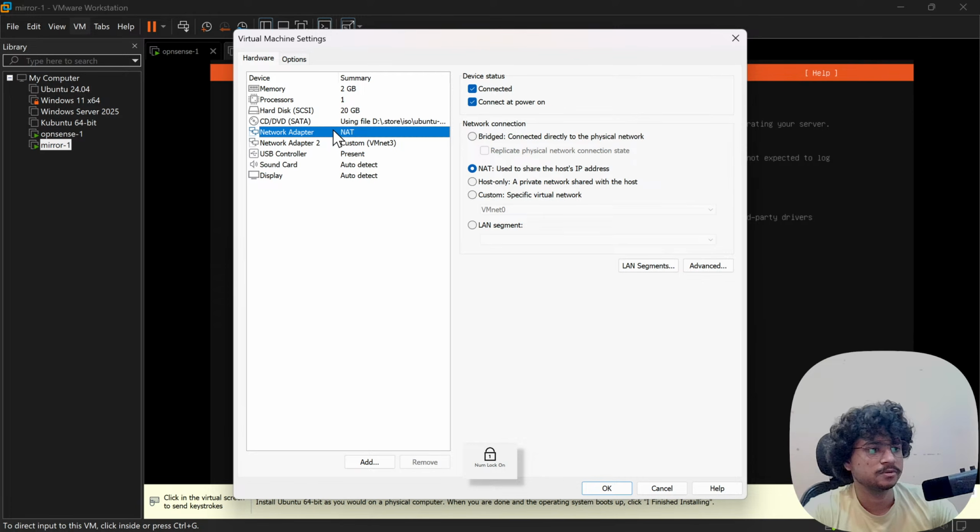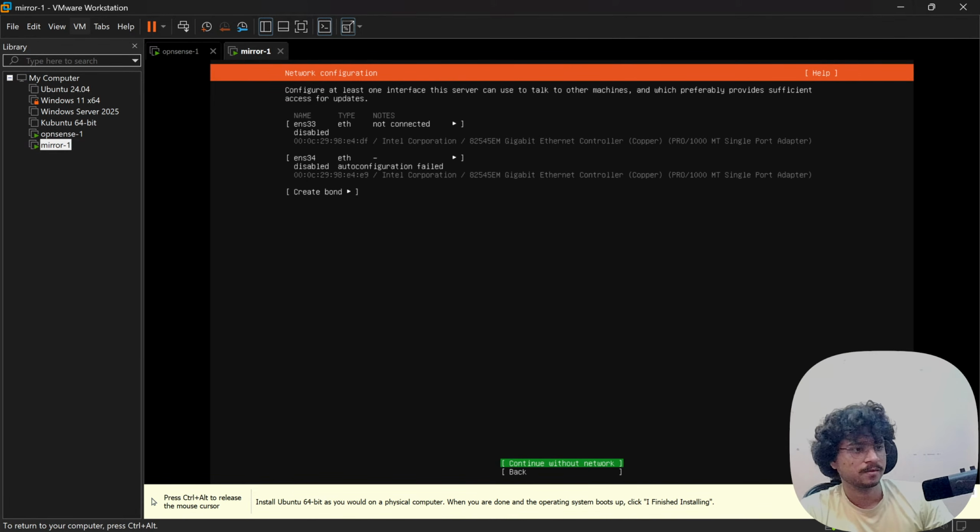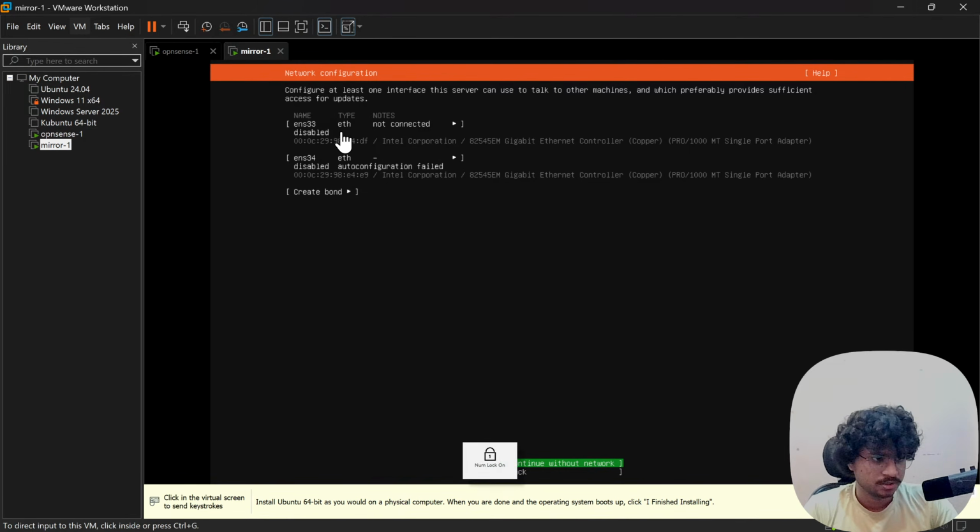So slow. Connected. No. Not connected. Okay. You don't see the IP address here now, which was provided by the DHCP server automatically. This ENS34 is the network I actually need.